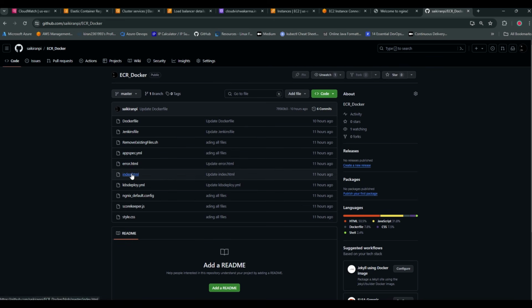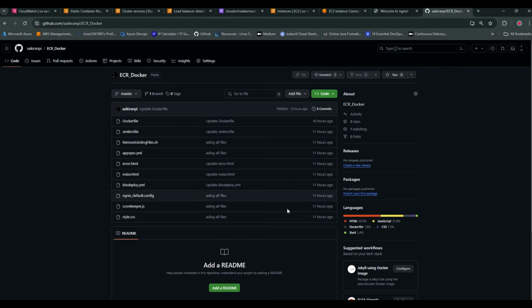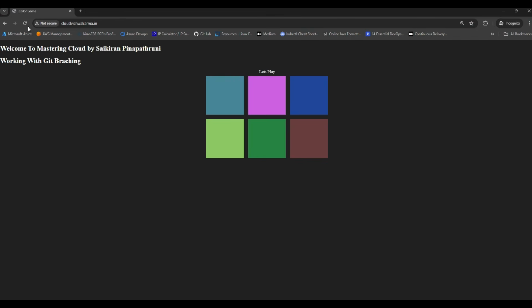If you remember, index.html, here the files are separate. Scorekeeper.js, stylesheet.js. We have containerized all these application files into an image. Where is our image? Here is our image. Now you understand, right? See, if I refresh, it's a color game. Got it?